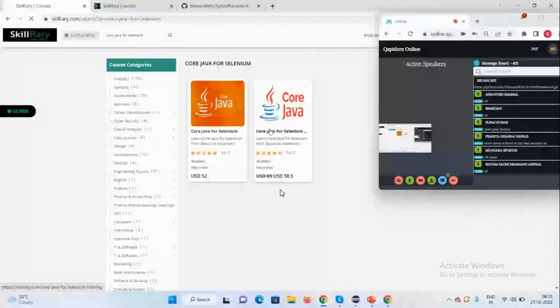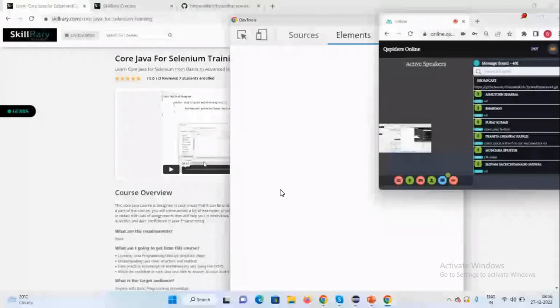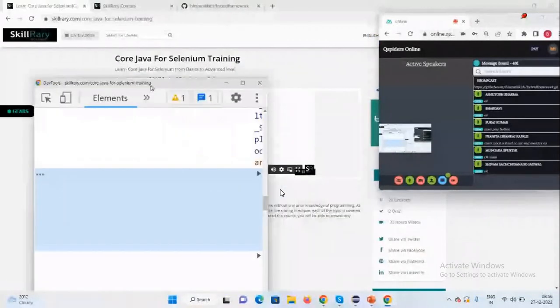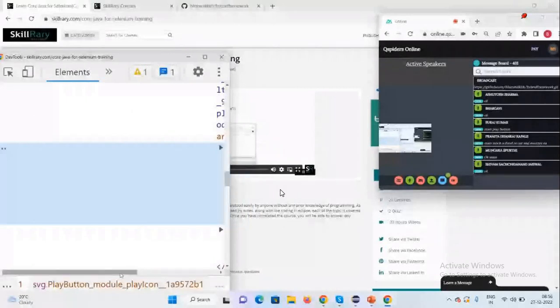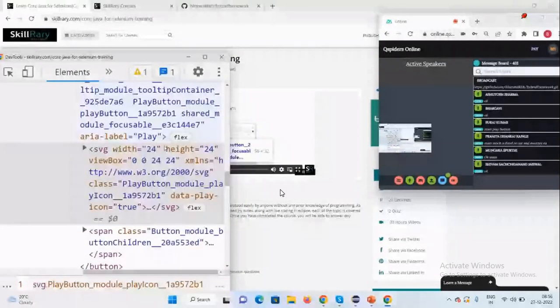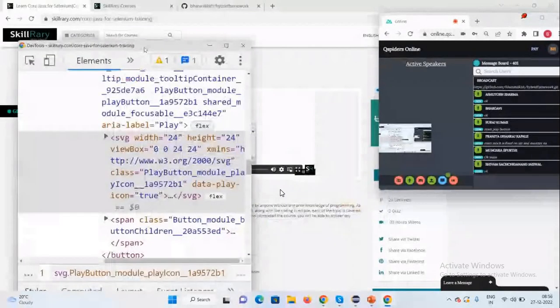Okay, inspect it. See, when you right click and inspect, you can see this. Just below that, always see, whenever you